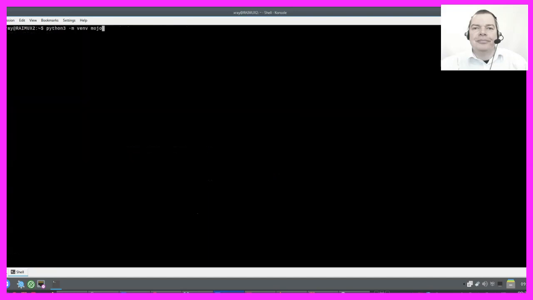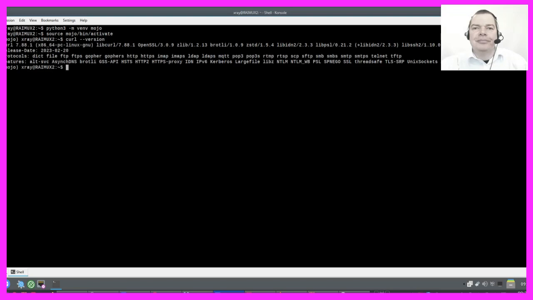So let's create a virtual environment for Python called Mojo and activate it. There we are. Let's check the curl version. That looks good. So I can paste in the installation command here that you will get when you log in